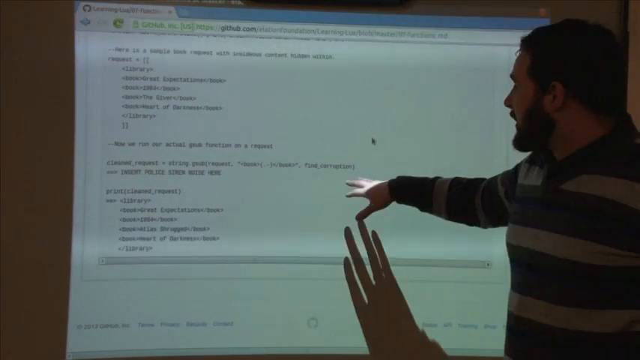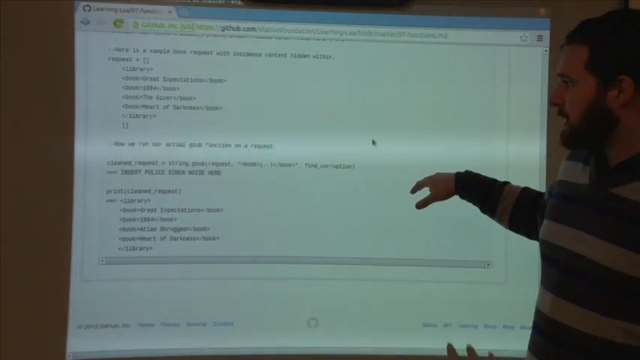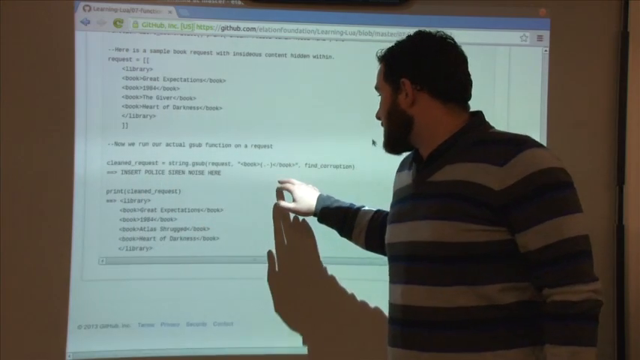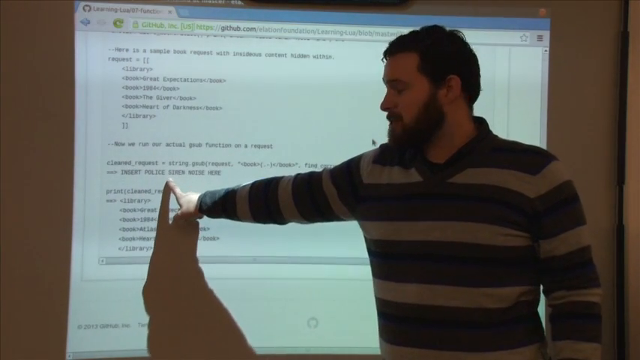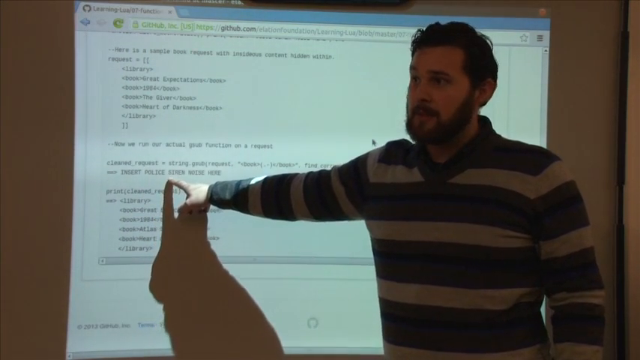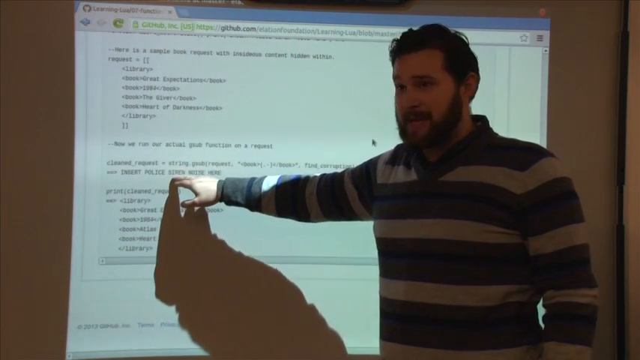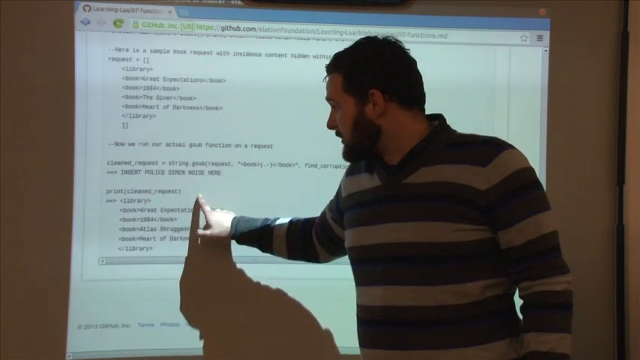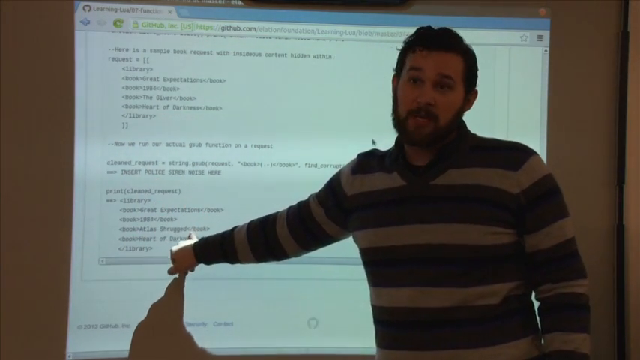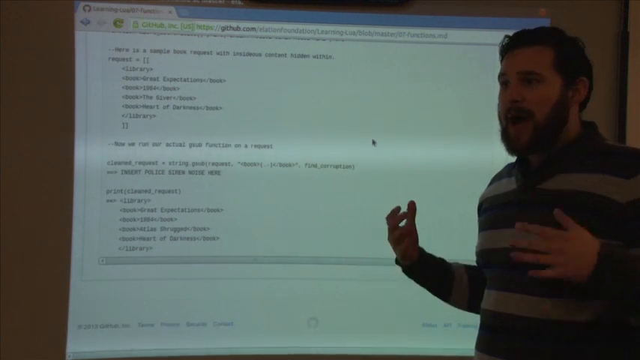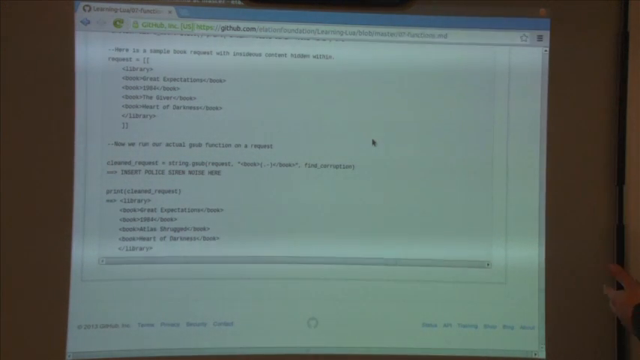And so we pass gsub this find corruption code, and when I run this on a cleaned request, passing it the request, I get "insert siren noise here" because the code alerted the authorities. It was found out. And then when I look at the cleaned request, what I have is Atlas Shrugged, the one I was returned in this instance when I ran this code. And so higher order functions allow you to have a very simple thing like,